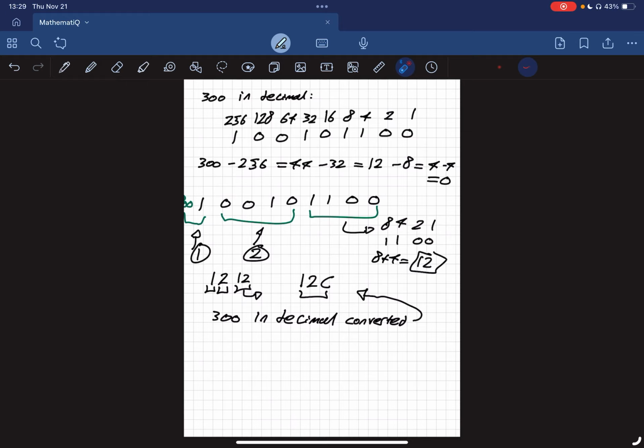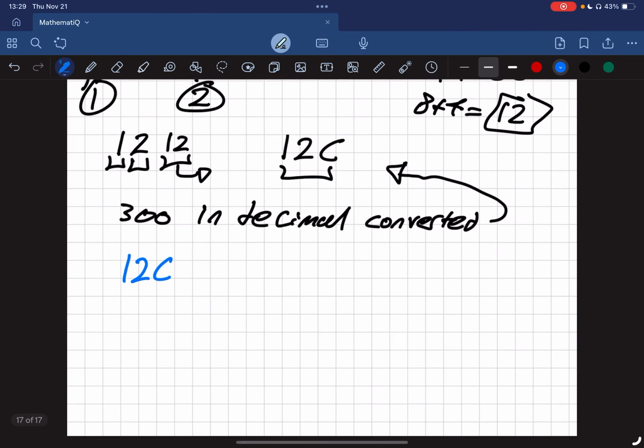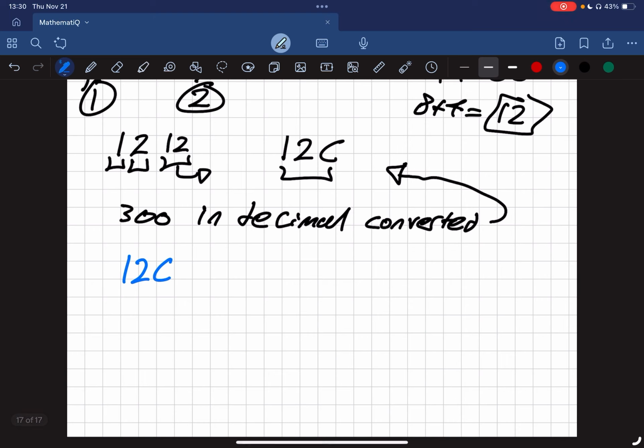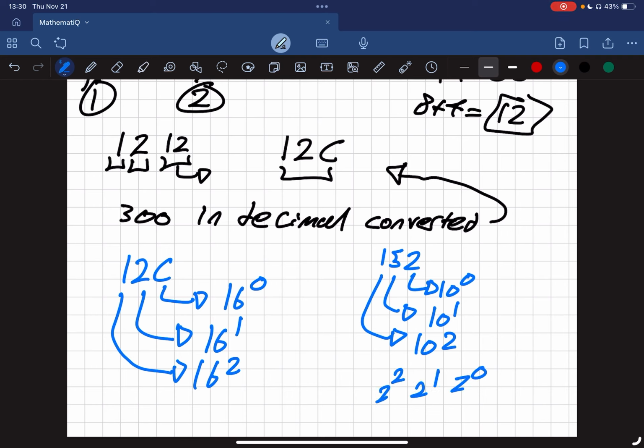Okay, so finally, just one more thing, just to show you a way to check your answer once you're done. If we take 1, 2, C here, we know that hexadecimal is a base 16 number. So the weighting on this one is 16 to the 0. The weighting on the 2-digit is 16 to the 1. The weighting on the 1-digit is 16 to the 2. Similar to how if you have a number like 152, this is the 10 to the 0 digit, so the 1's digit. This is the 10's digit. This is the 10 to the 2's digit. Same way in binary, you have 2 to the 0, 2 to the 1, 2 to the 2,